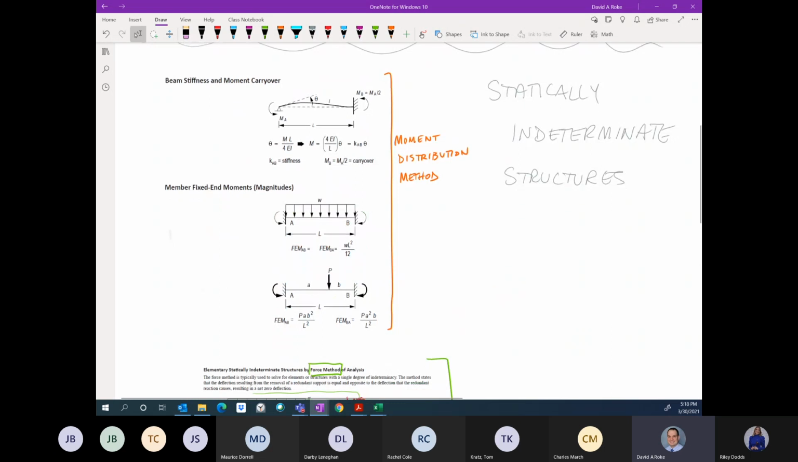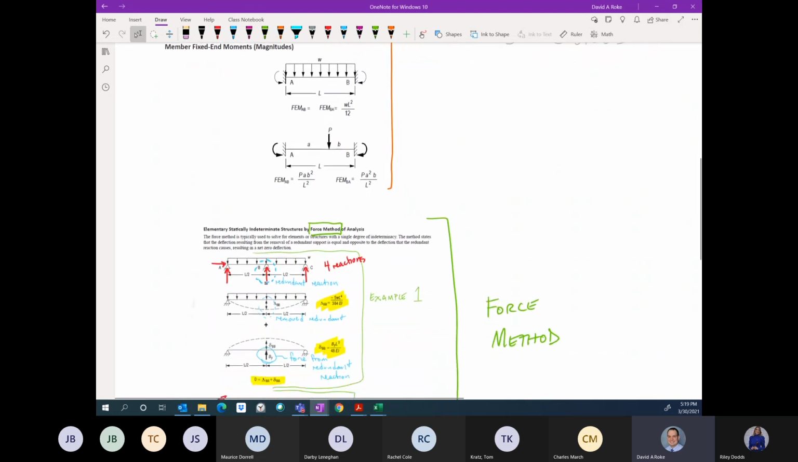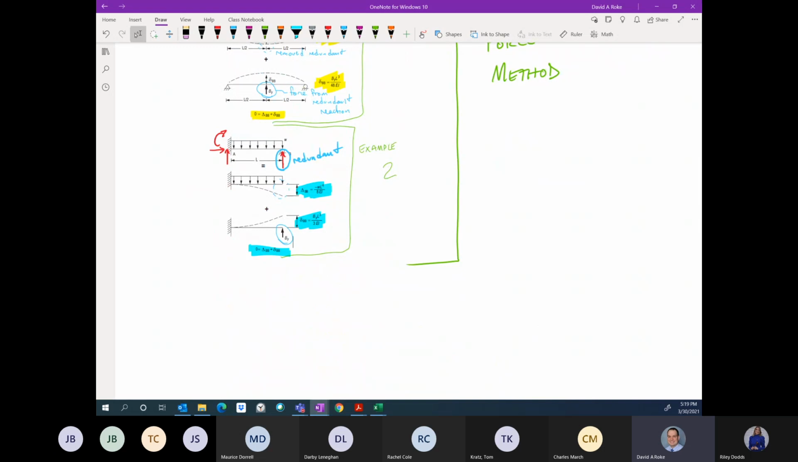And again, these aspects for the moment distribution method are provided on 2 very different pages for your sheer inconvenience. So these are the topics relating to statically indeterminate structures. I am fully expecting at this point that I'll be circling back to present a little bit of the moment distribution method, just to go through that as an example to help set the stage for how to do that. All right, so the next